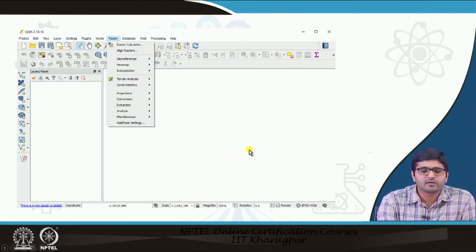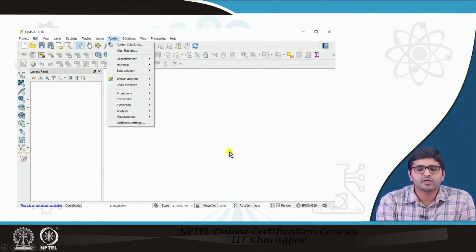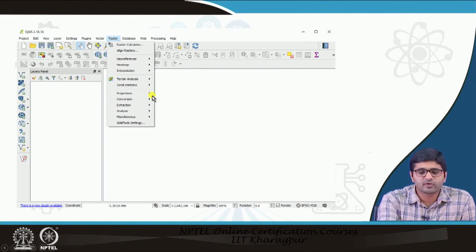And apart from vectors, raster functionalities are also available in QGIS. If you want to perform raster calculation functions, or georeferencing operations, or any conversions from raster to vector or vector to raster, or if you want to extract contours or extract rasters from the vectors, these kinds of functions we can see under Raster.